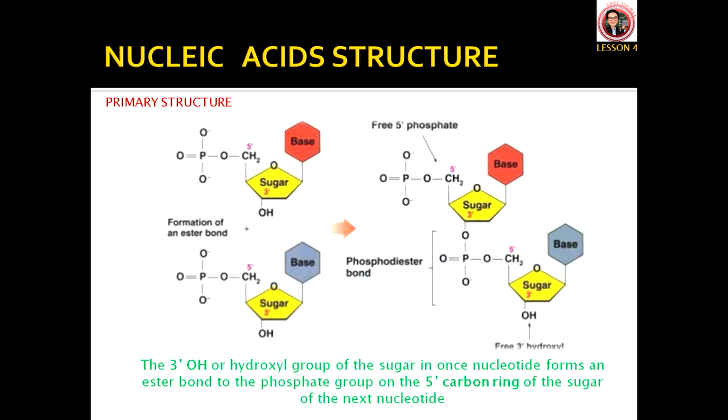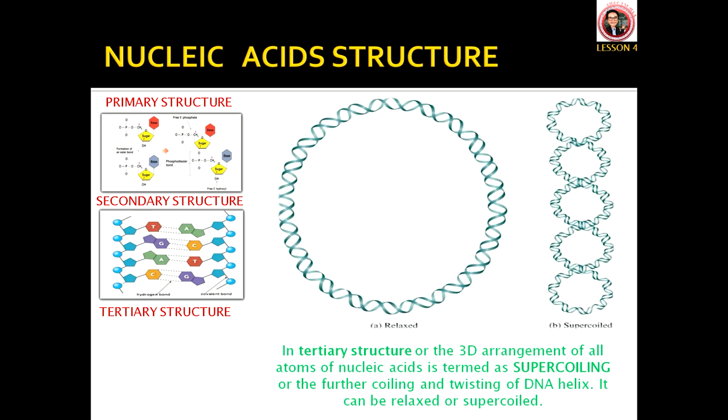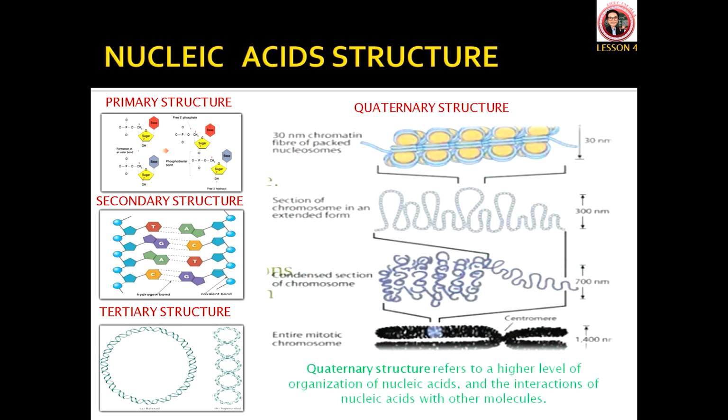For secondary structure, particularly in DNA, there are 2 strands of nucleotides that wind together in a double helix where the bases are arranged in stair-like steps held together by hydrogen bonding. In tertiary structure, or the 3D arrangement of all atoms of nucleic acids, is termed as supercoiling, or the further coiling and twisting of DNA helix. It can be relaxed or supercoiled. Lastly, quaternary structure refers to a higher level of organization of nucleic acids and the interactions of nucleic acids with